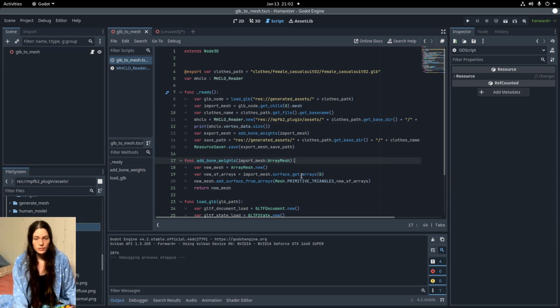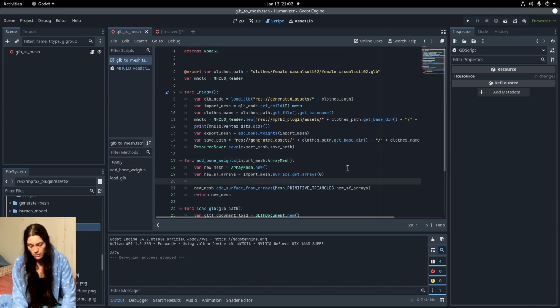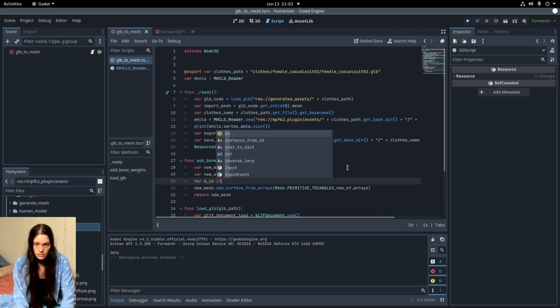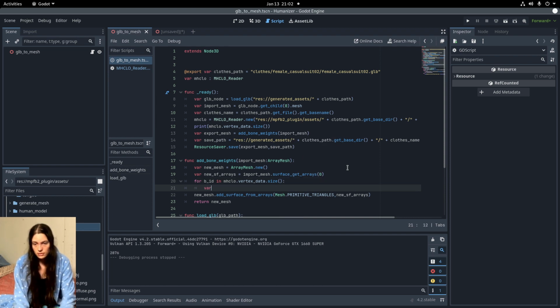Then in the add bone weights function, I'll loop over the Blender IDs in the MakeHuman clothing vertex data dot size, and I'll set the vdata equals the vertex data at the Blender ID,